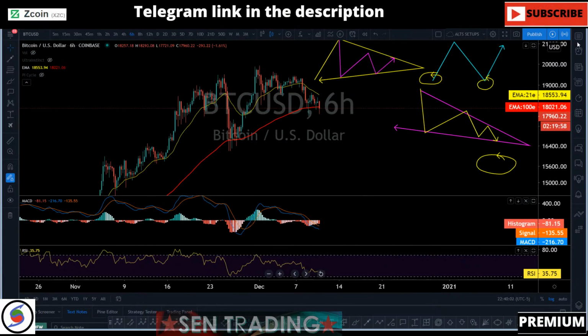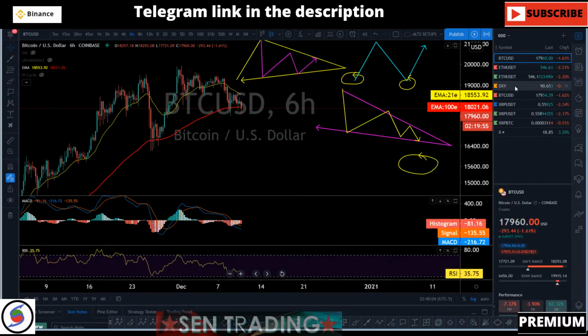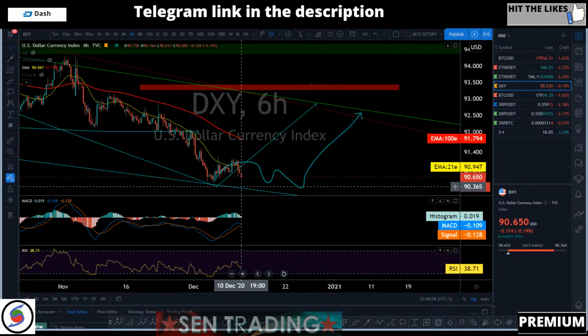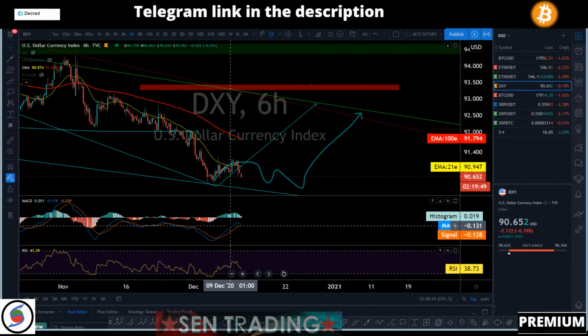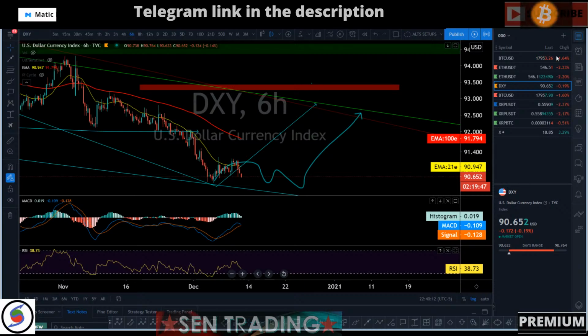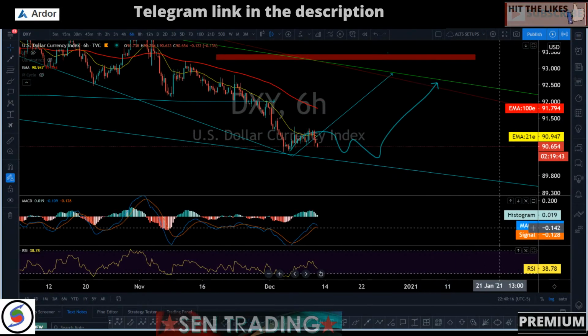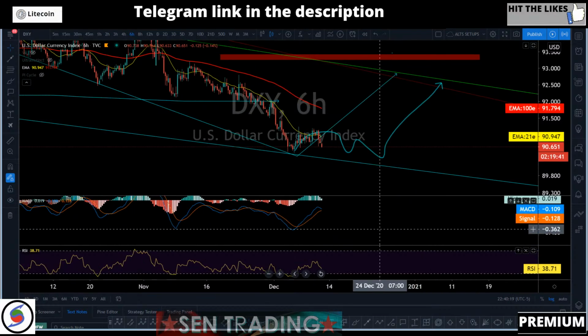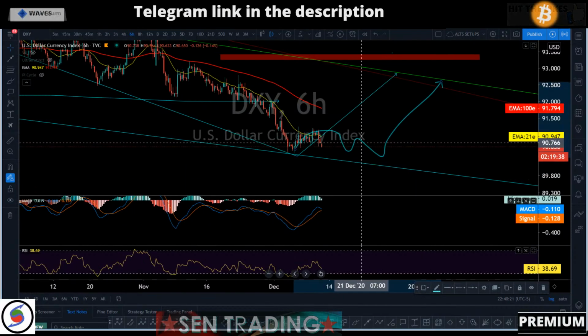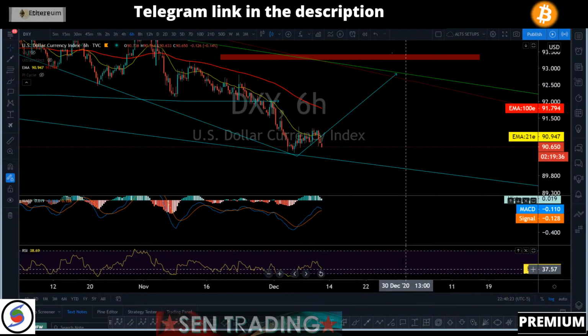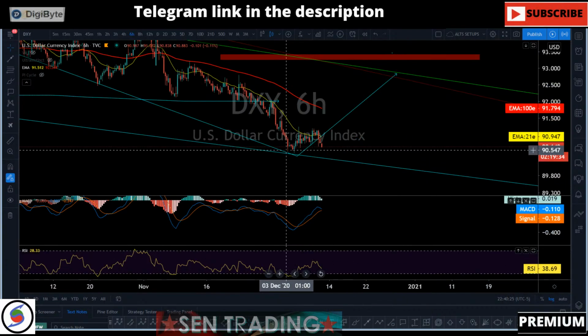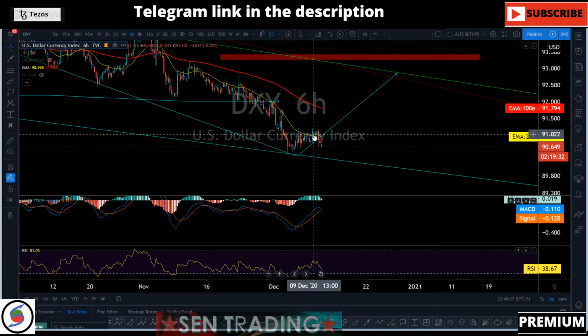So let's go ahead and take a look at XRP. Dollar is still moving sideways, so let's talk about the dollar first, right? You take a look at the dollar, it is creating the same setup once again on the 6 hour, which is a better, a stronger setup, just like BTC. Okay, pushed to the upside.